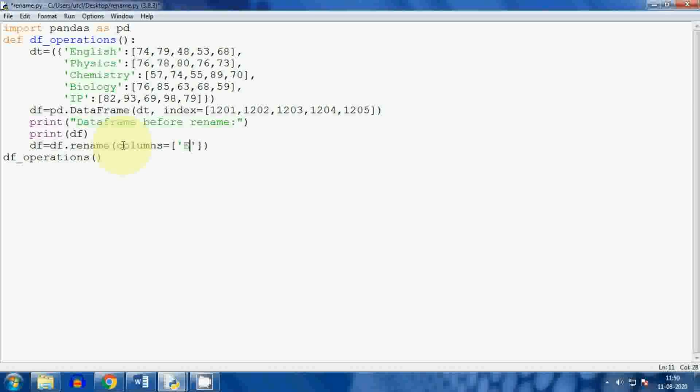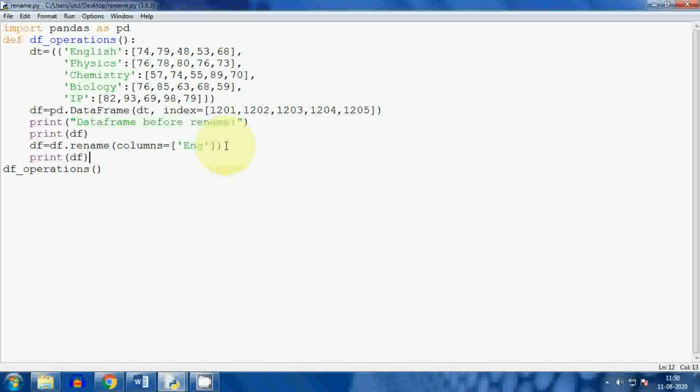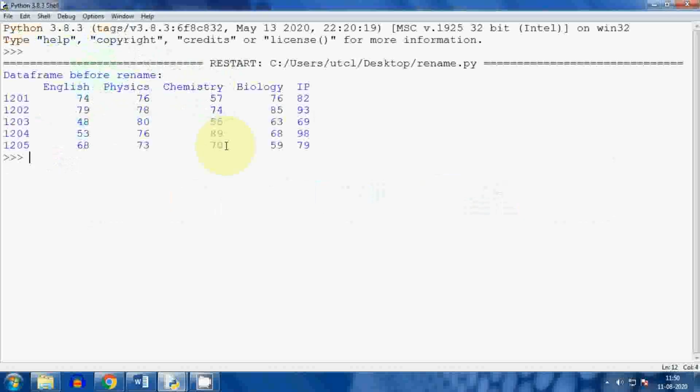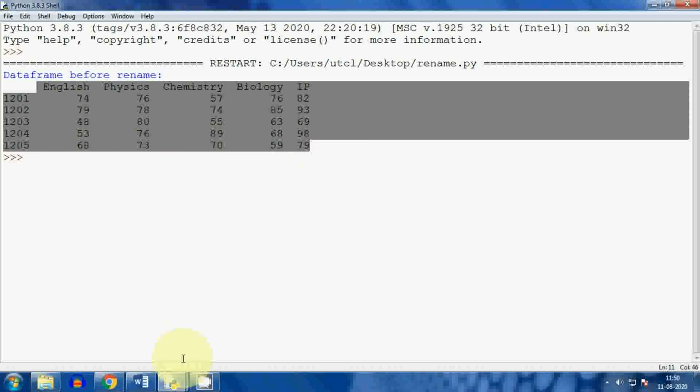When you use this rename method, you can write like this, and again print df. Let me save it and check the output. Yes, the output is ready for our initial data frame. Now I have renamed only the first column.